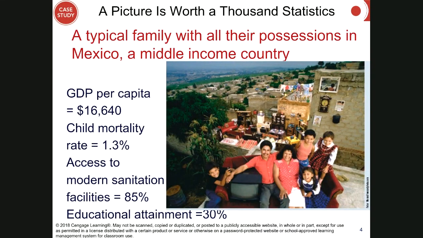The building is not as fancy. Per capita income is almost half of that, 16,000. Child mortality is higher, 1.3% of children die before reaching the age of 5. And the educational level is about 30% of the population graduating from high school. And a poor country like